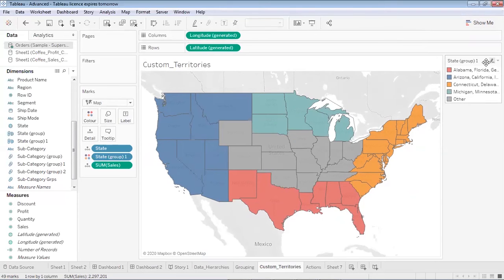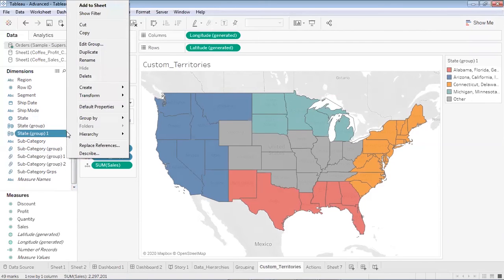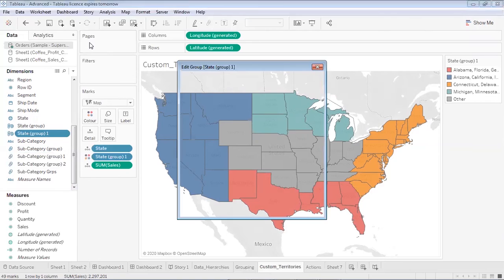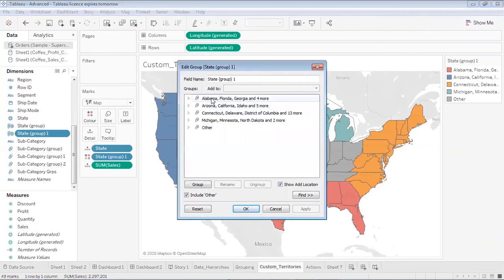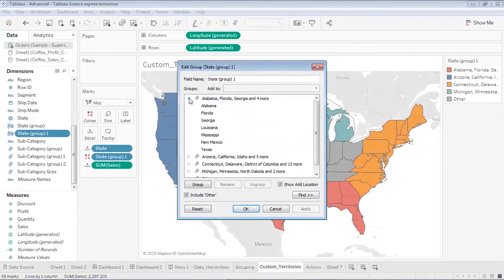Now if I would like to rename the values in each of these groups, I'll directly go to the group name first. The group I have created, its name is state group 1. Under the state field, you will find the state group 1. Go over here and go to edit groups. Now I can rename the groups as I want, and I can also see the contents of each group of states. So the first group contains Alabama, Florida, Georgia, Louisiana, Mississippi, New Mexico, and Texas. So I can rename it to say